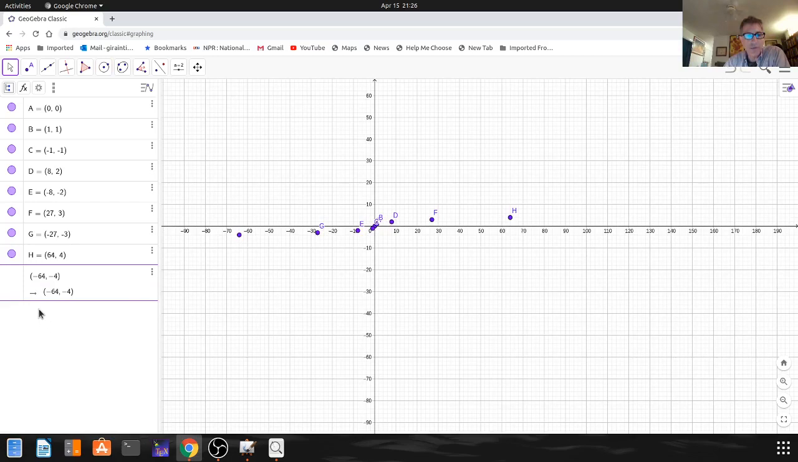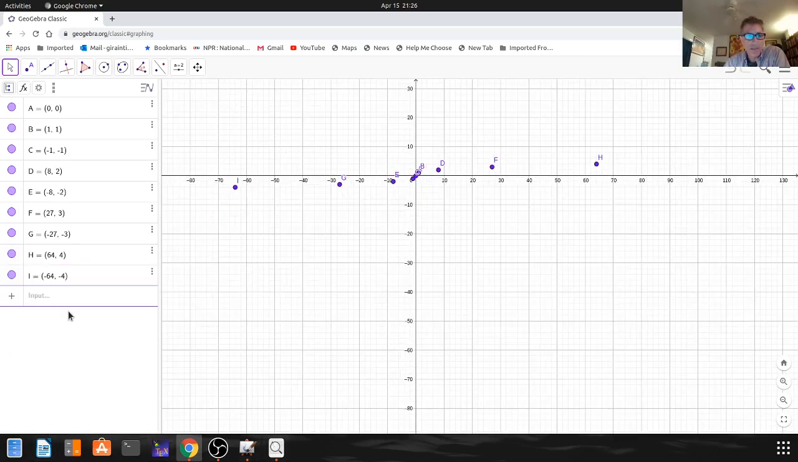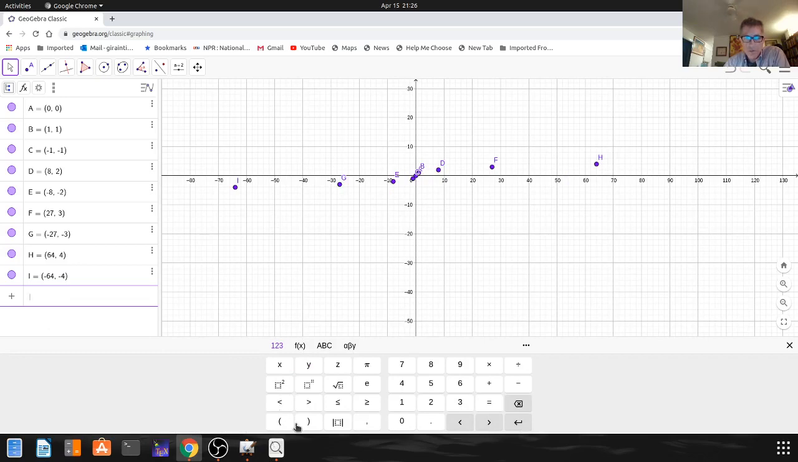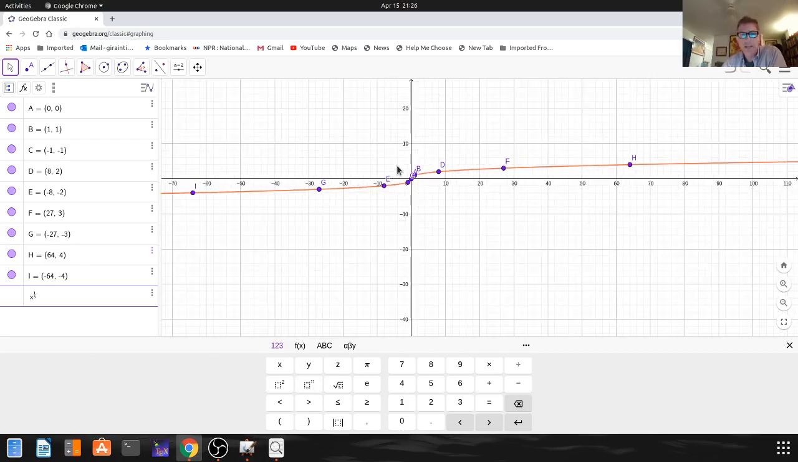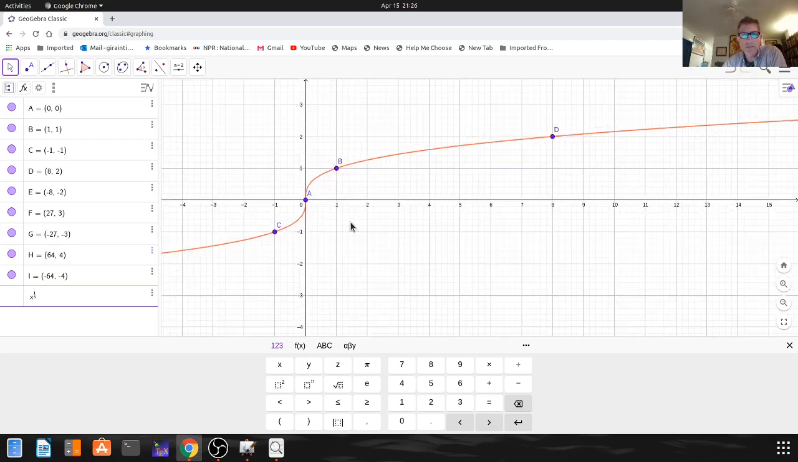So let's actually see what it really looks like. Input. I'm going to have to do this a weird way. Sorry, x raised to 1/3. Please check your input. So x raised to the, okay, that does it. So there we can see, zooming in closer,